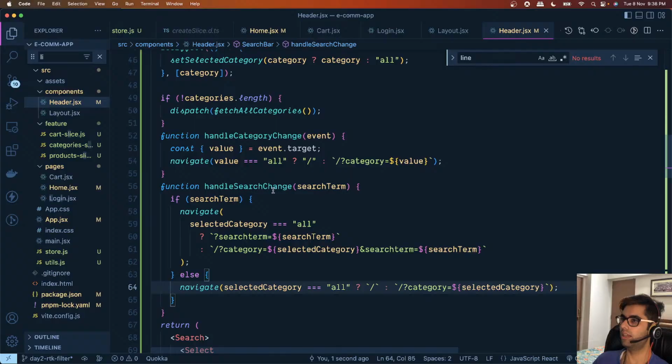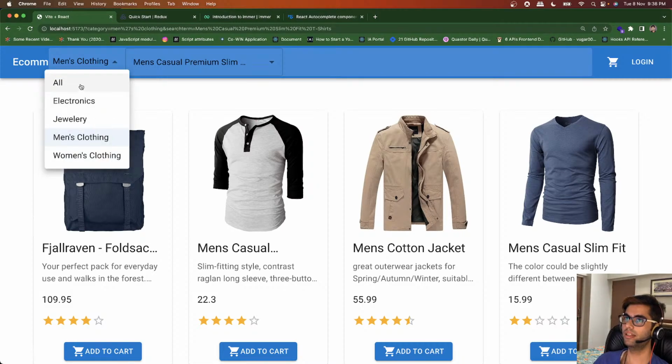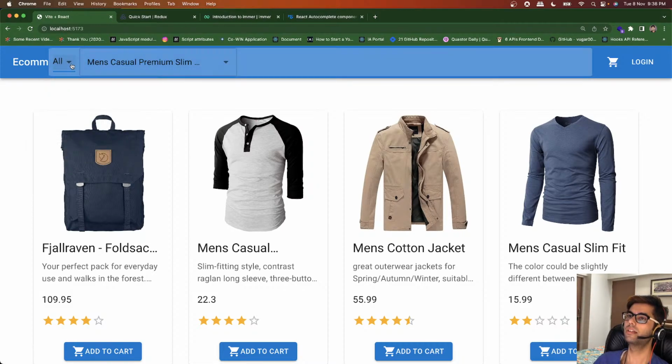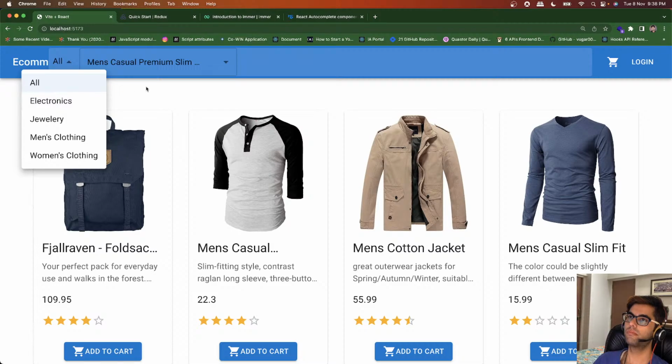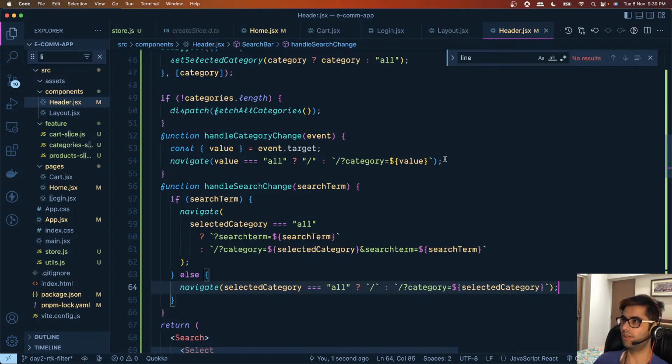Okay, and another scenario that we want to handle over here is that when we are changing this, say we are changing the category to electronics, and there is some search term available, we should show that search term here. Okay, so let's add that logic over here,